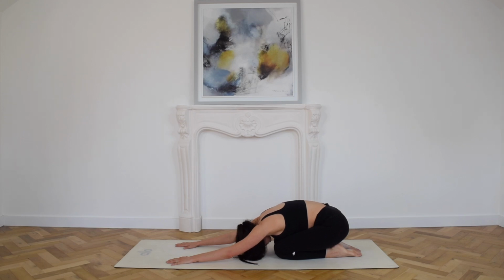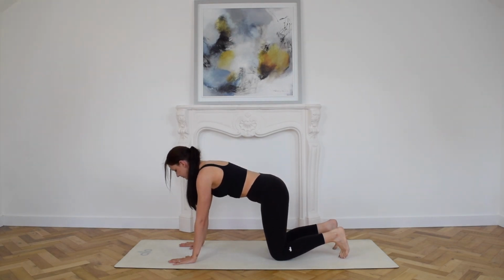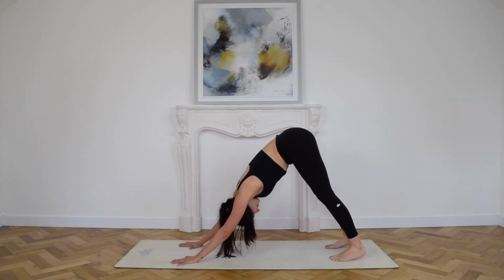On your next inhale, rise up to tabletop. Tuck your toes at a light spread of your fingers, and then exhale, press back to downward facing dog. Press your mat away from you and reach your tailbone up and back, creating space between your vertebrae. Add as much bend to your knees as you like,